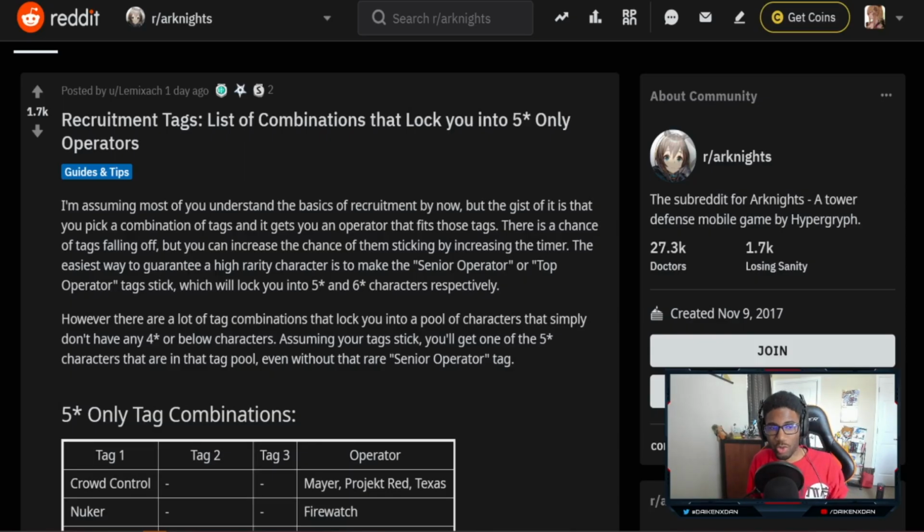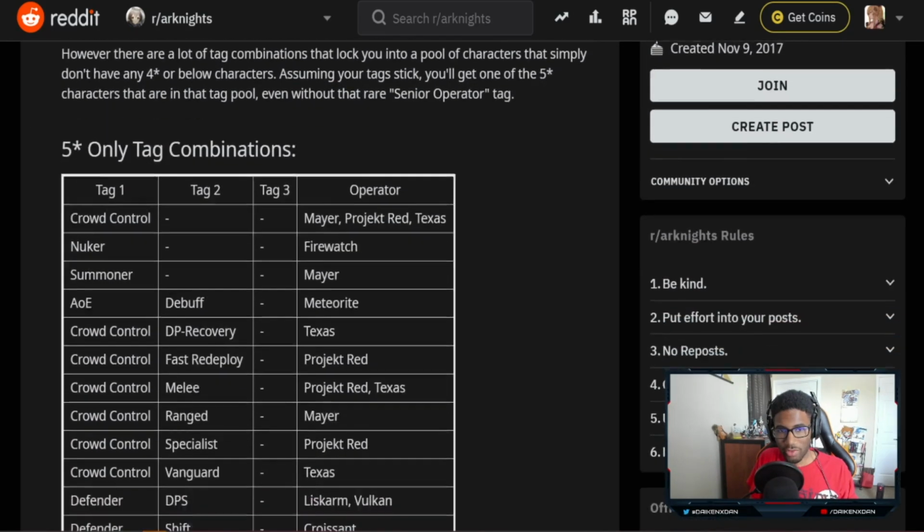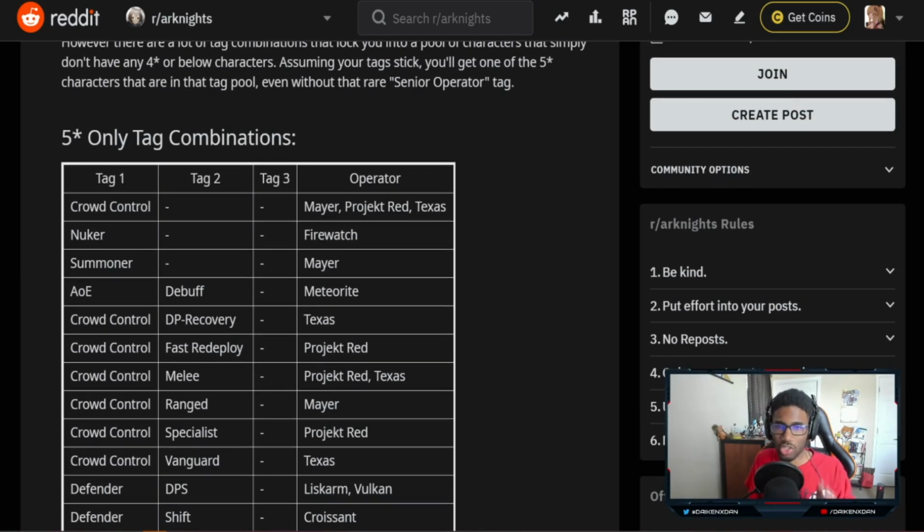So the next resource is actually a Reddit post, and this Reddit post is coming from the next source that I will show you in a second, but they just made some of the math a little bit easier here. And this one we're talking about tags, right? So for this one, basically the tags for your recruitment, there are certain tags that you can use inside of the game that's going to guarantee that you get certain units. There's some tags that are going to guarantee 5 stars, and there's some tags that are going to guarantee 6